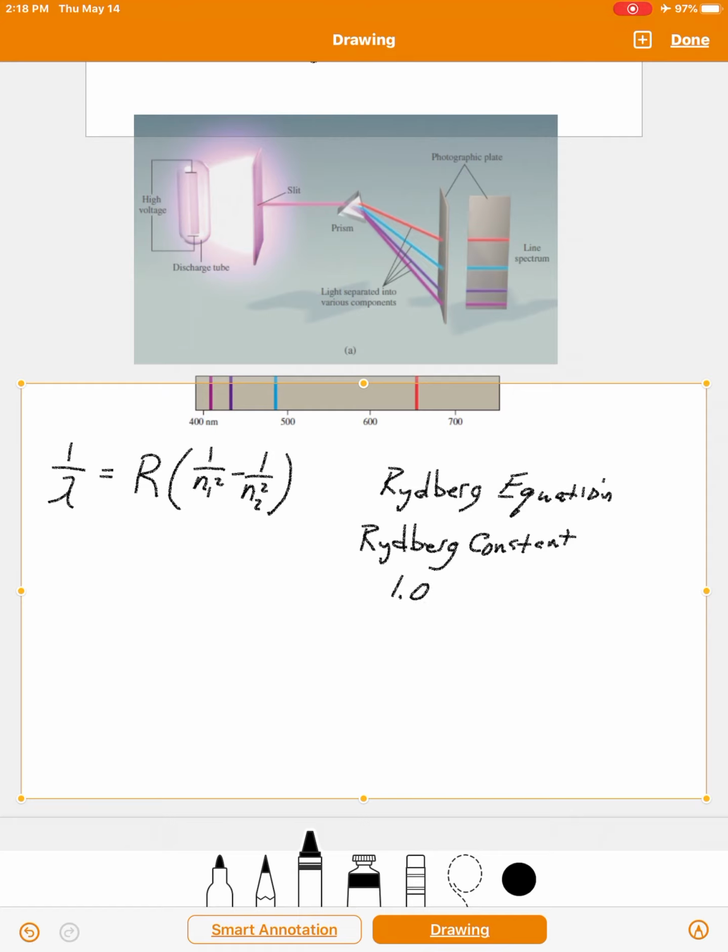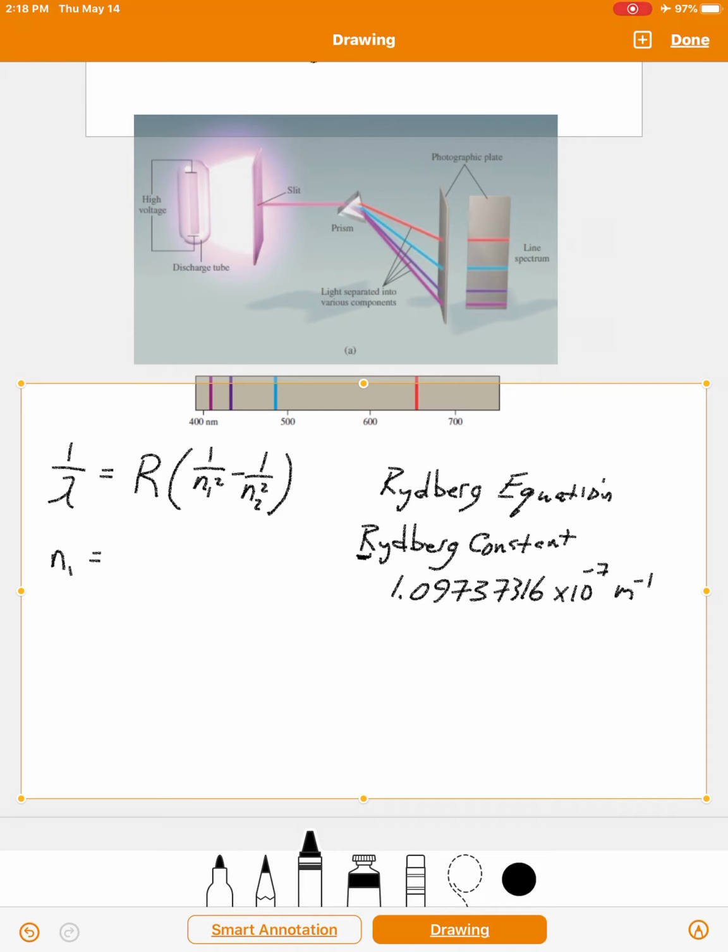I'm going to go ahead and write out all the sig figs here: 1.0973 7316 times 10 to the minus 7 reciprocal meters, MKS system. So what this says is 1 divided by the wavelength is equal to this constant, the Rydberg constant, R, times 1 over n1 squared minus 1 over n2 squared, where n1